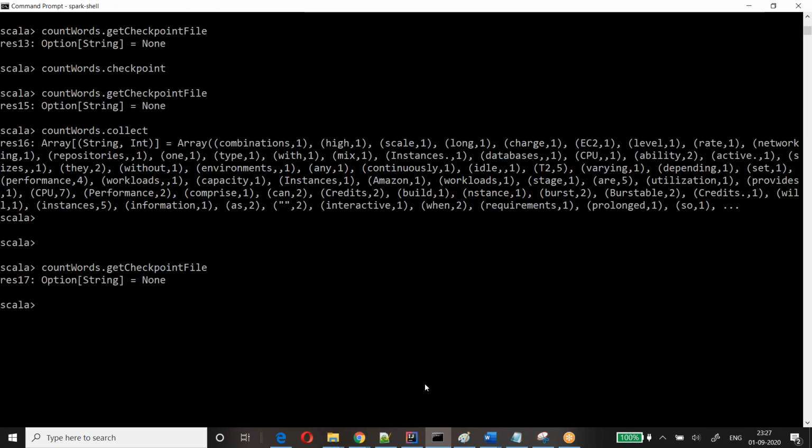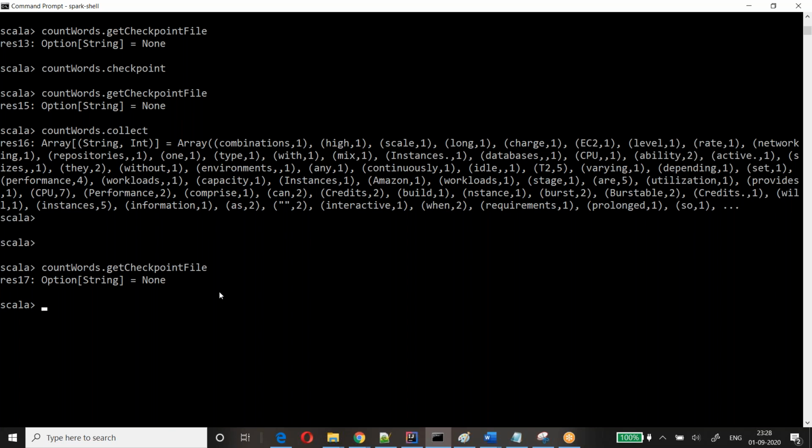Checkpointing is already there. No, it is not showing. So if it stores that file, instead of None, it will show the path here. If any of them is launched on HDFS, you can see that. Instead of None, it will give Some. I have explained the data types Some and None. So with Some and None, some file path will be there.